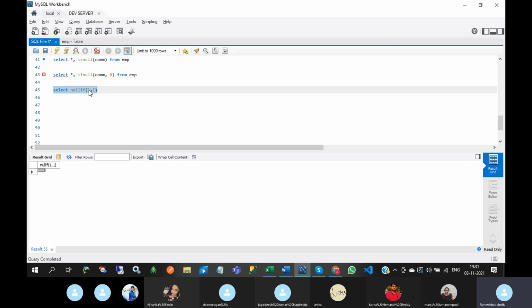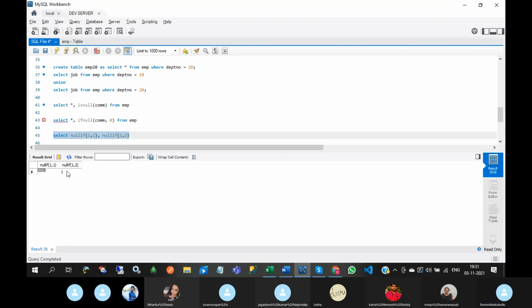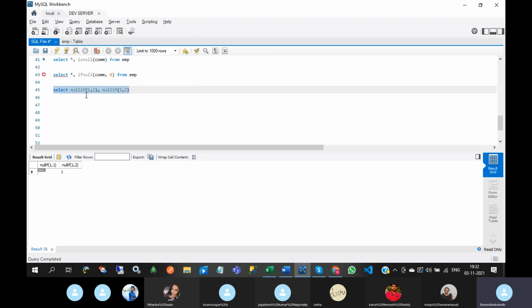If both arguments are equal, then it returns null. We will see what will happen if these are not equal. Okay. So this is the purpose of null if. So we can check whether two arguments are equal or not by using null if function. If it returns null means both are equal, otherwise both are not equal.